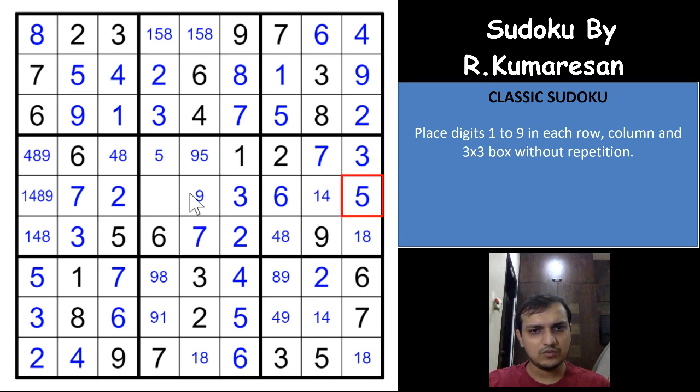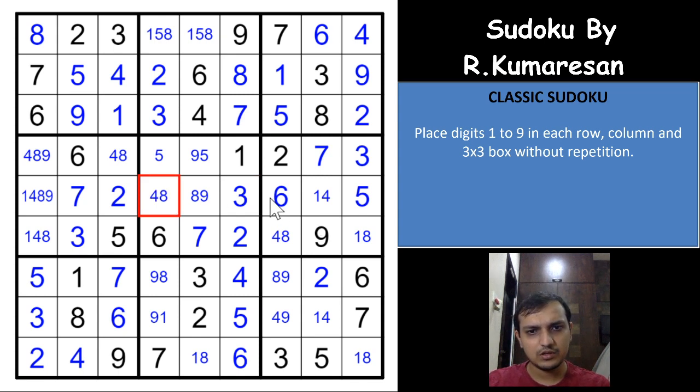5 is already here, 1, 8, 9 would have to be here, 1 is already here, so this cell will only have 8 and 9 in any order. 1, 5, 8 and 9 are the digits remaining here. Okay, so it has to be 8 and 9 in any order. 1, 4, 8, 9 are the digits here. 9 has to be in one of these two cells, so 9 cannot be here. So 1, 4 and 8 will have to be here. 1 is already here, so it has to be 4 and 8, right?